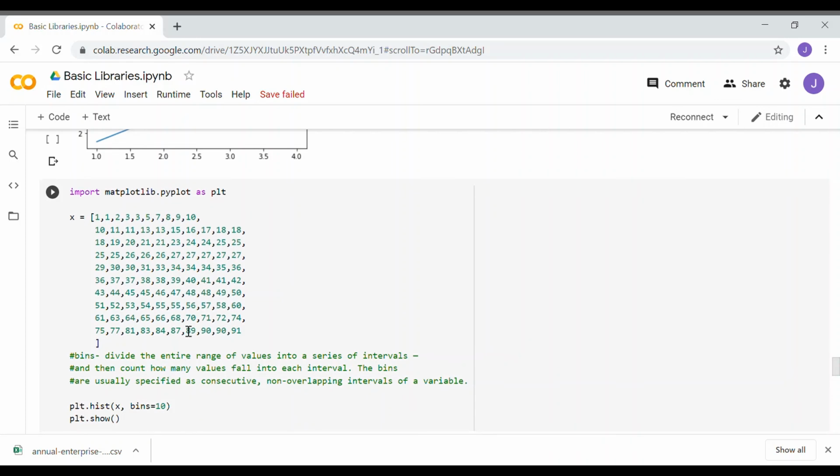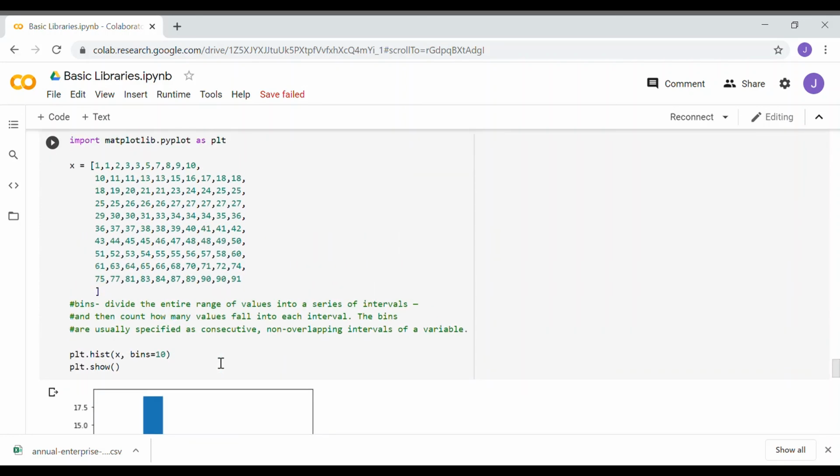Now we are creating a histogram. I have entered many numbers, and we can easily plot a histogram using the plt.hist function: x comma bins equals 10. Bins divide the entire range of values into a series of intervals and then count how many fall into each interval.